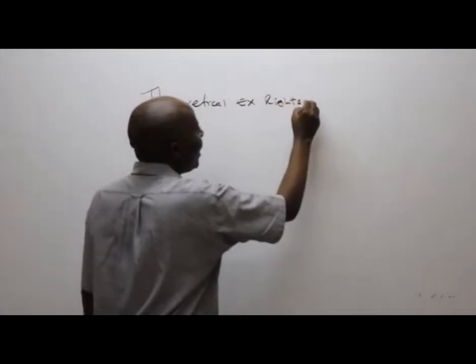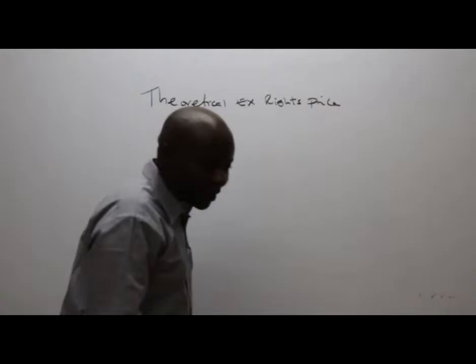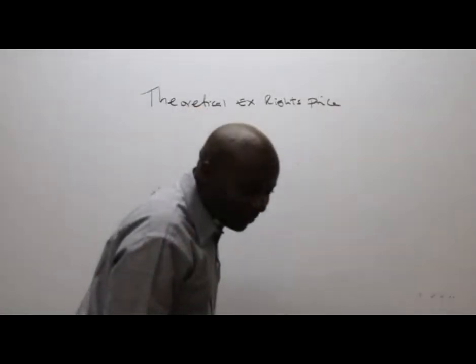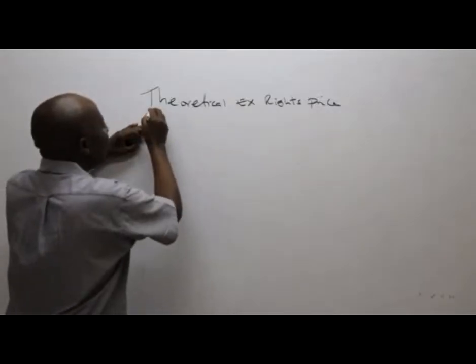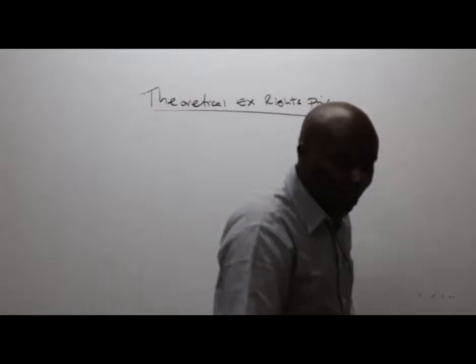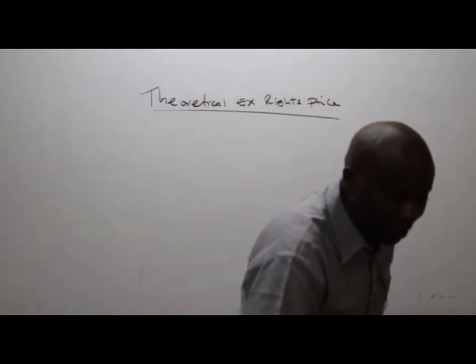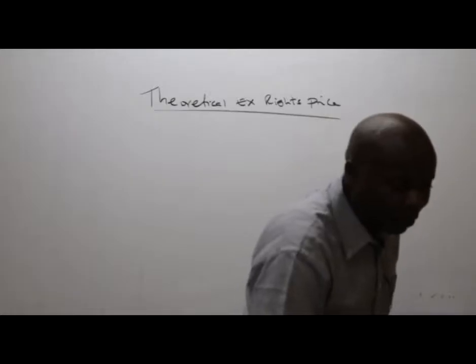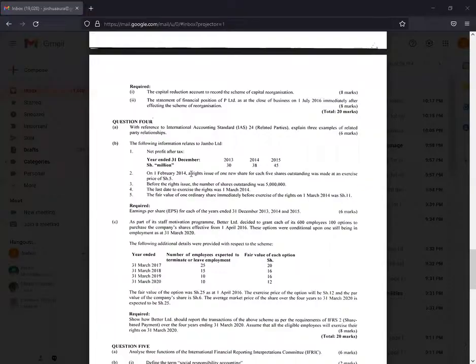X-rights price. This is quite a low-hanging fruit, even if I have not yet reached the number of shares after the rights. So remember, ladies and gentlemen, this theoretical X-rights price is quite easy. Have they told us the fraction in this case? Great. I can see students are giving me very many formulas. I can see on 1st February 2014, a rights issue of 1 new